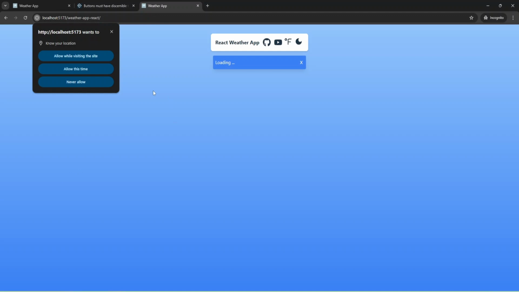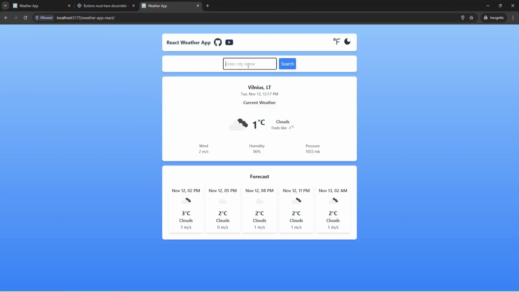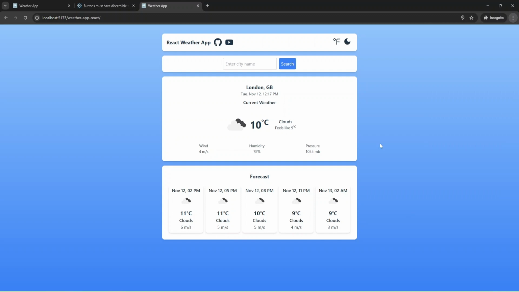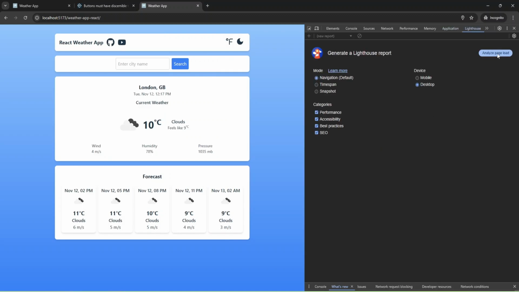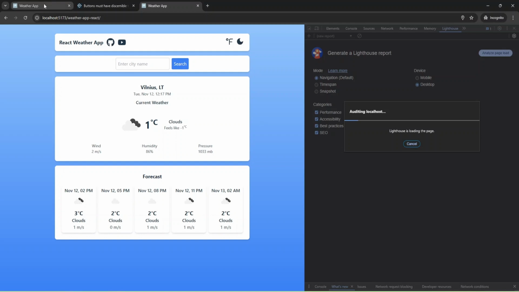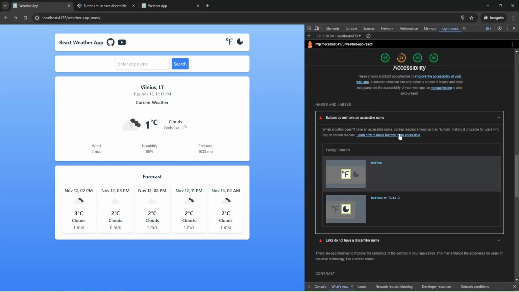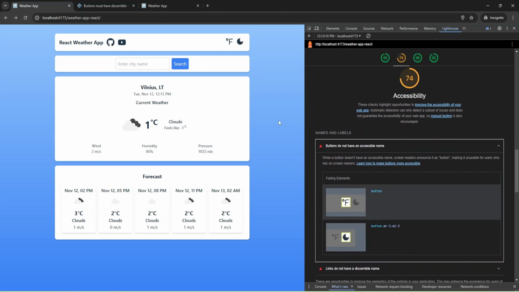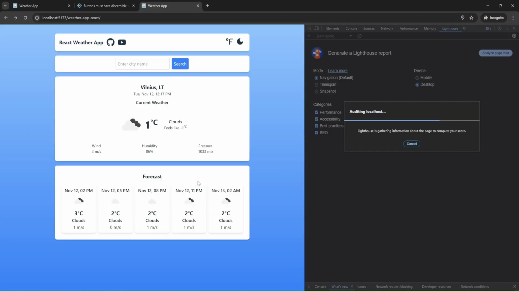I opened my dev build in incognito mode and will provide some settings. Let me open developer tools as well and start analyzing.